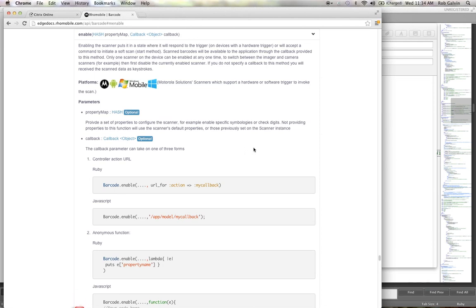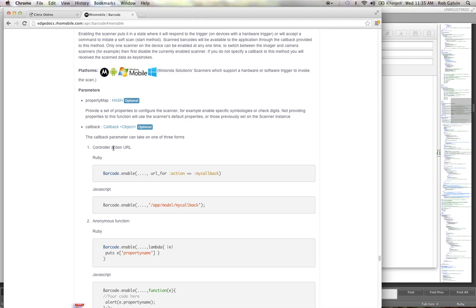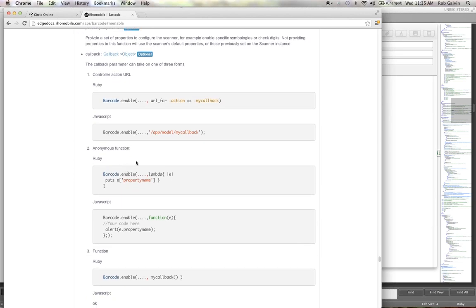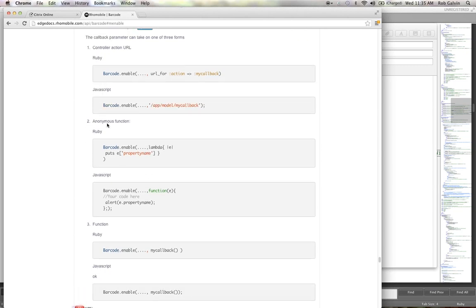Okay, somebody else asked a question regarding you mentioned some new callback methods. Actually, there's some examples in Edge Docs. If you hit a method like barcode.enable, that actually has a callback feature. Adam pointed out one mechanism using an action URL, right? If you look at this, you can see that we've introduced a couple of new ways to do callbacks, and here's the previous current way that we've been using callbacks, at least